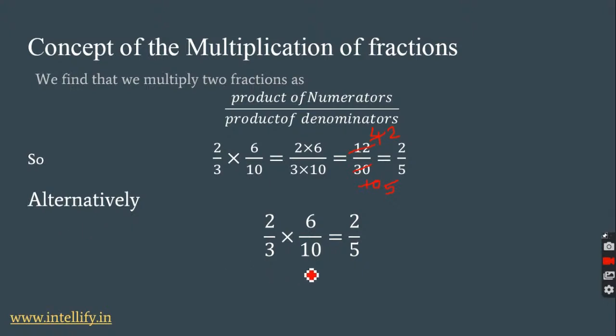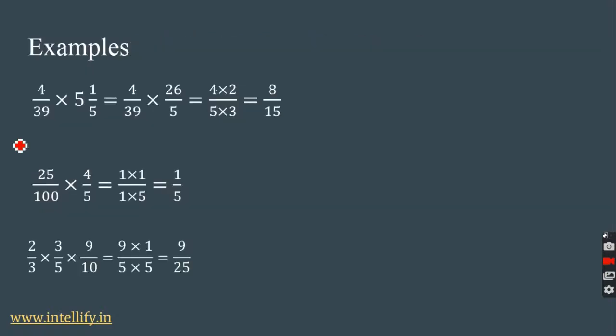So once again we have the same question over here. In this case we can reduce these numbers by dividing the numerator and the denominator by the same value before multiplication. So we can reduce 6 and 10 and even 2 and 10. So the division occurs between a numerator and a denominator. So between these two or even these two, we can approach it in different ways. So let's first reduce these two. 3 into 2 is 6 and 3 into 1 is 3. So then these two. 2 into 1 is 2 and 2 into 5 is 10. So we have 1 into 2 over here and 1 into 5 over here, which gives 2 by 5 like before. Now let's look at some examples.